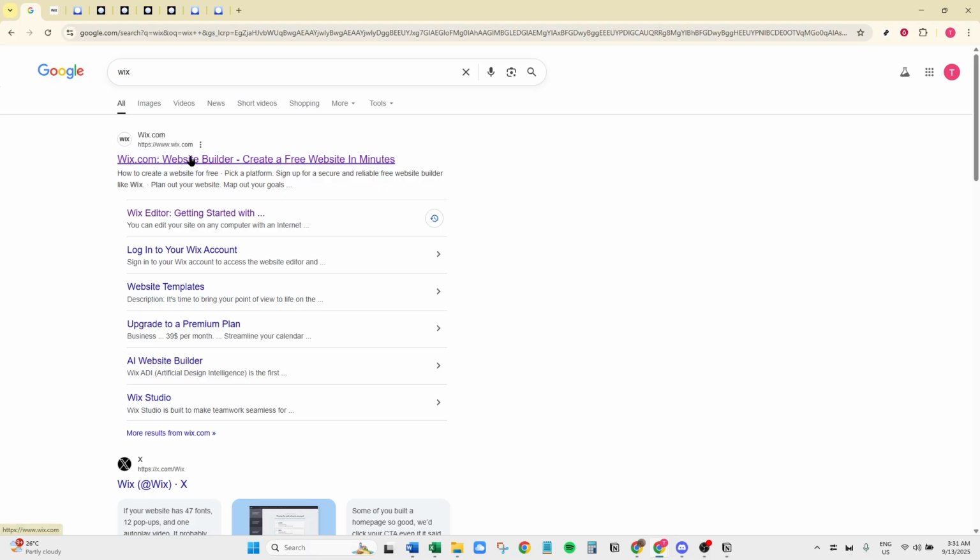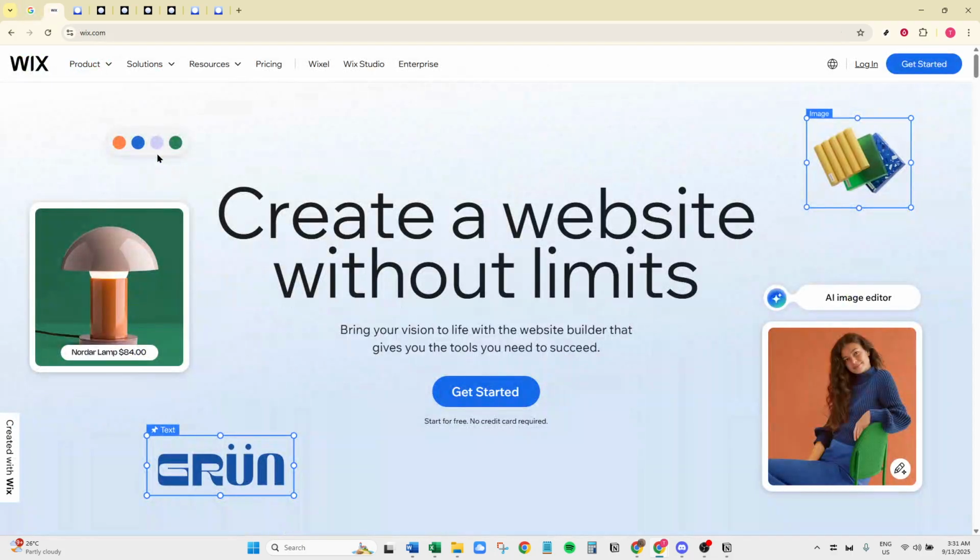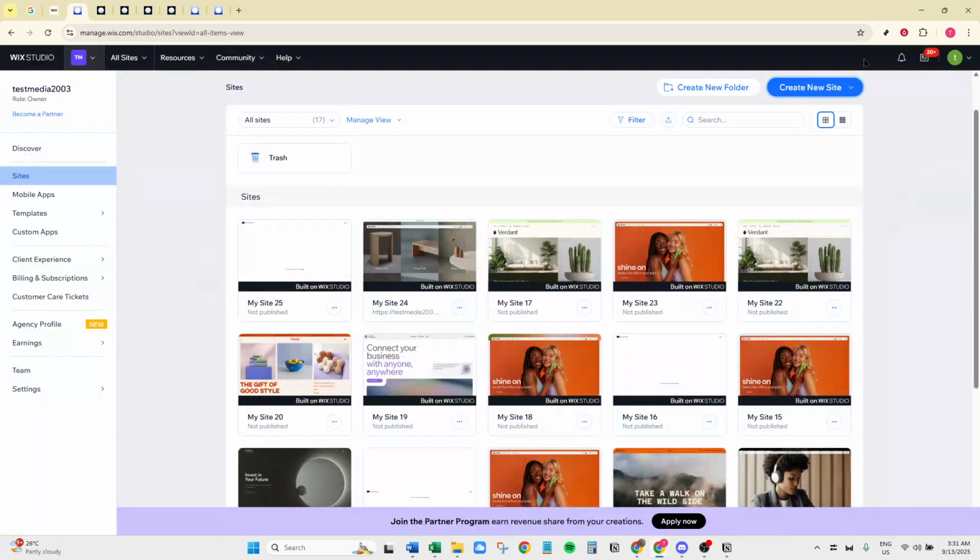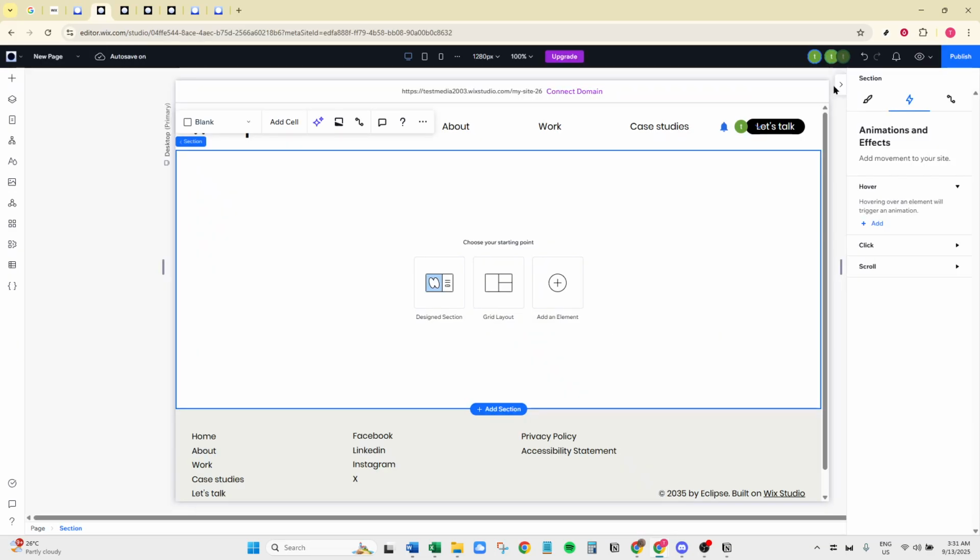First things first, you need to navigate over to the Wix website. If you already have an account, go ahead and log in. If you don't, creating an account is simple and free. So I highly encourage you to do that first. Once you're all set up or signed in, you'll need to open an existing project. Or you can decide to start fresh with a new site. This flexibility is one of the great features of Wix, catering to both ongoing projects and new inspirations.